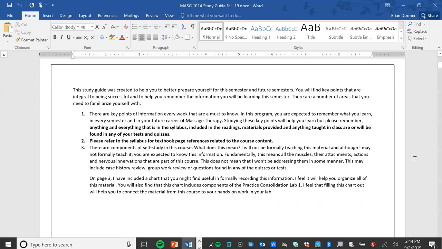The study guide was created to help you better prepare yourself for this semester and future semesters. You will find key points that are integral to being successful and help you remember the information you'll be learning this semester. There are a number of areas that you need to familiarize yourself with. First, there are key points of information every week that are a must to know. In this program, you are expected to remember what you learn in every semester and in your future career of